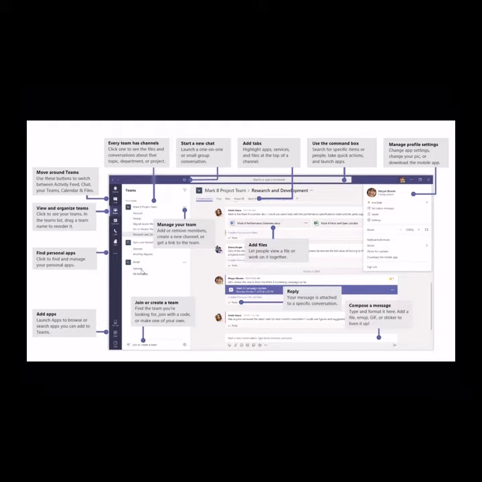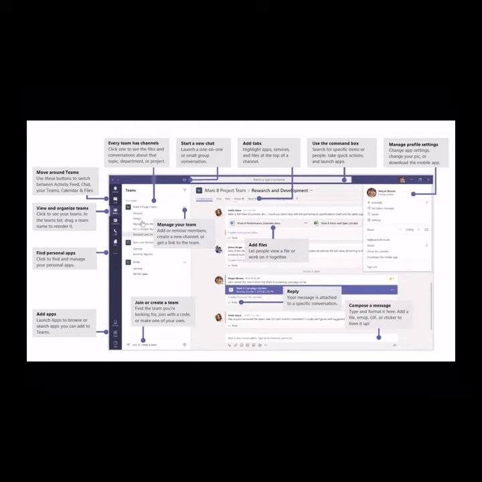There's only really two security levels within the team. There's the owner and the member, and it's the owners that manage the membership of the team. Then within the team, we have the concept of channels, which is really about a subtopic or a sub-project within the overall project, a way of focusing the conversation down into a specific topic.